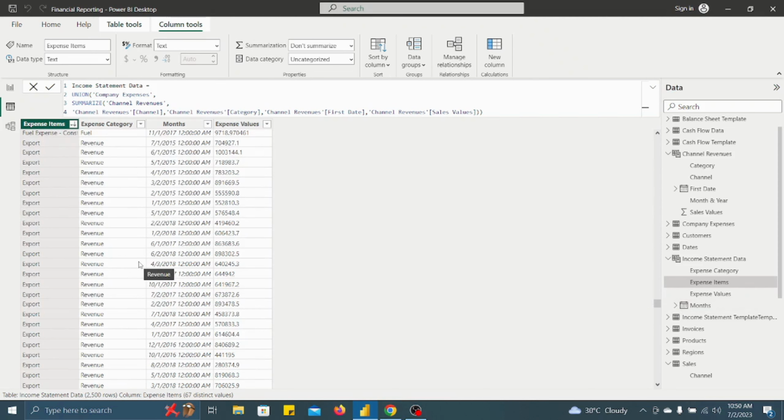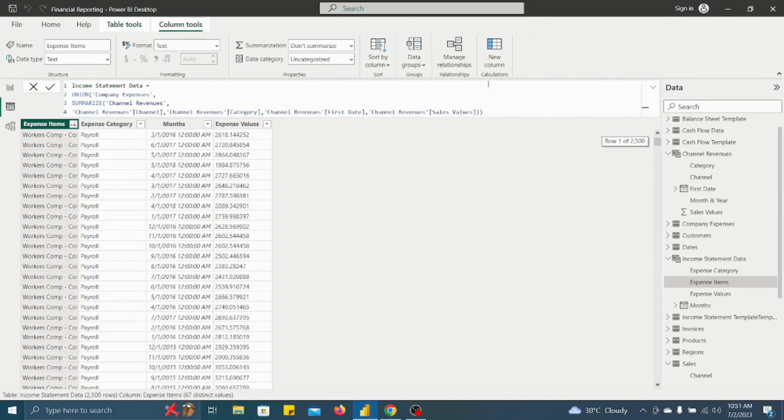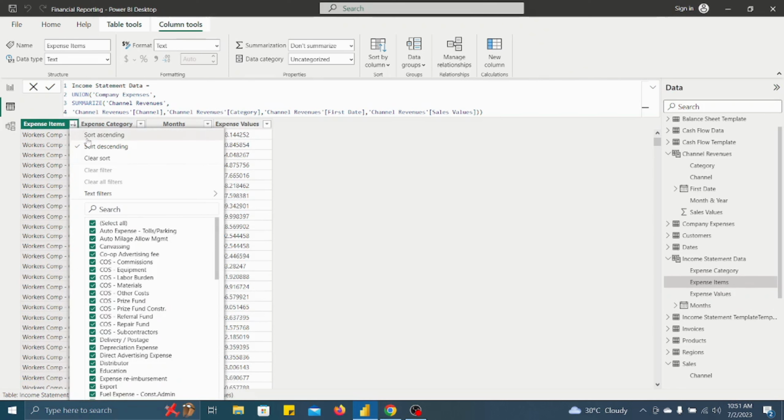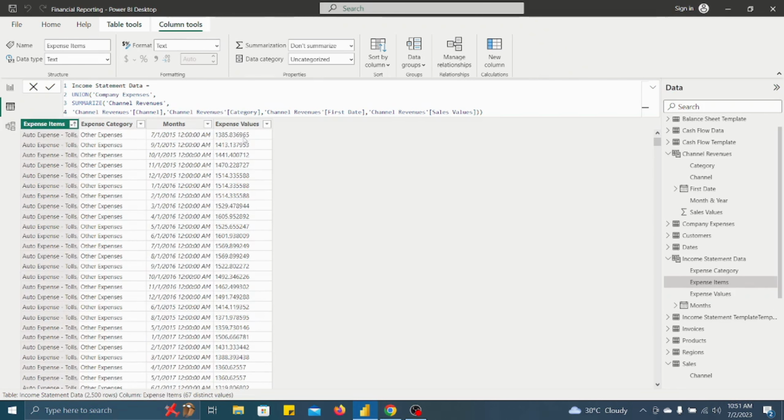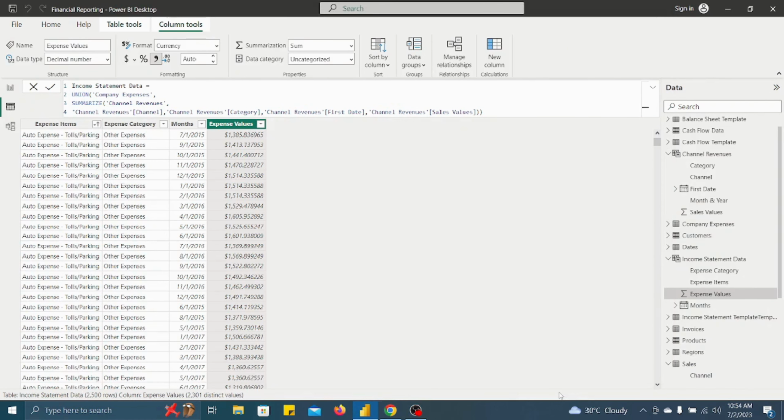Okay, so it means that it is sorted now. So what we will do, we will make this particular expenses value as... Whenever you have created the table, you need to specify the proper data format. So make sure that you are changing these expenses values to currency format